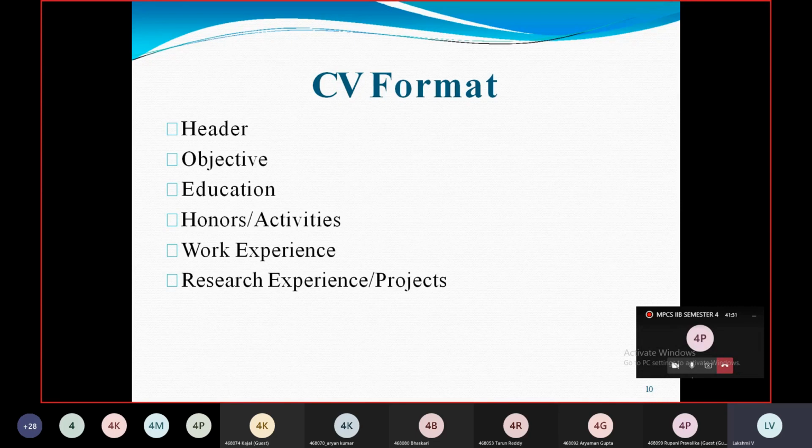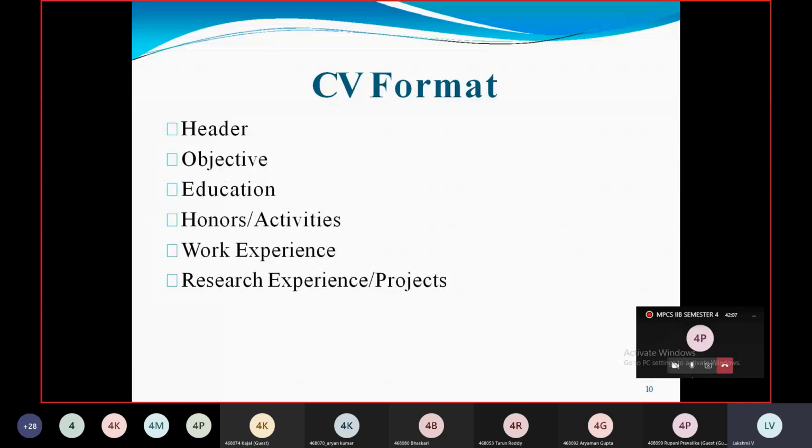So whether it is a chronological CV or functional CV, initially you need to start writing your CV with your name, your mail ID, and your mobile number. If possible, you can give your postal address of your residence. Also, you can add your LinkedIn ID, because whenever you update things there, the entire world can check it. So if you want, you can give your LinkedIn ID in the header.